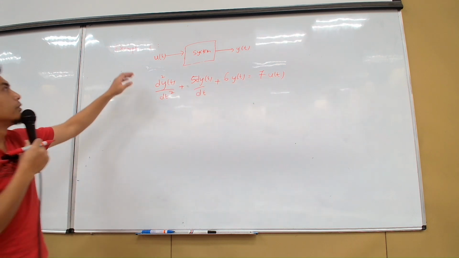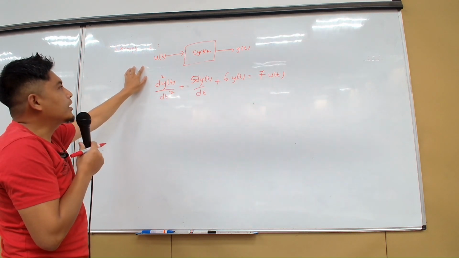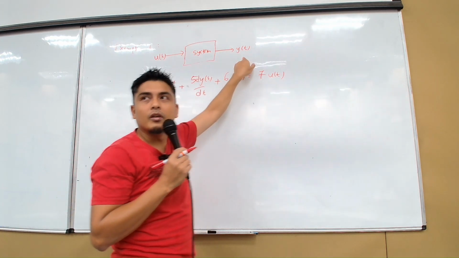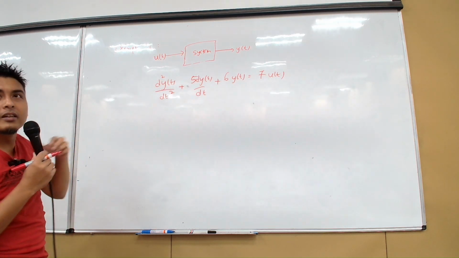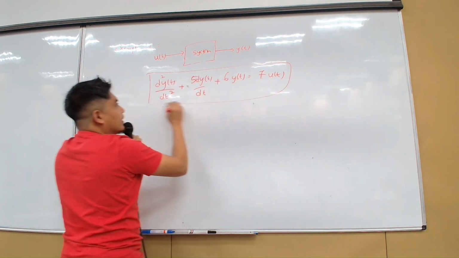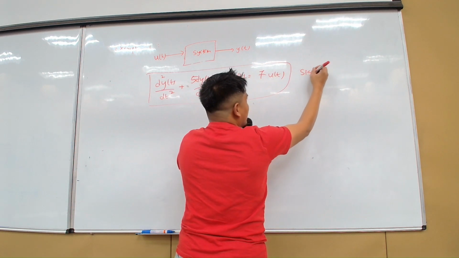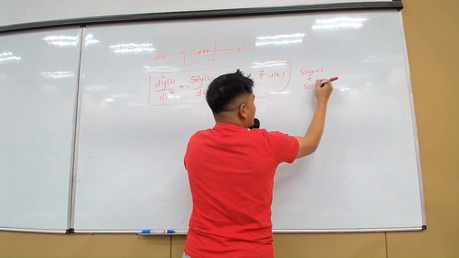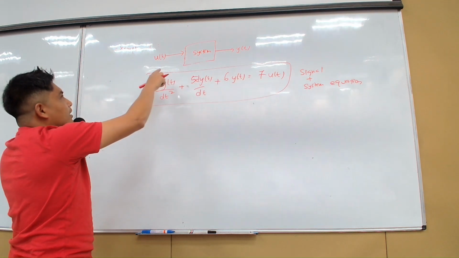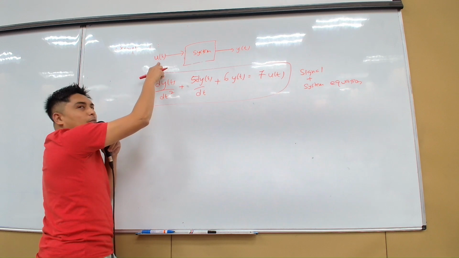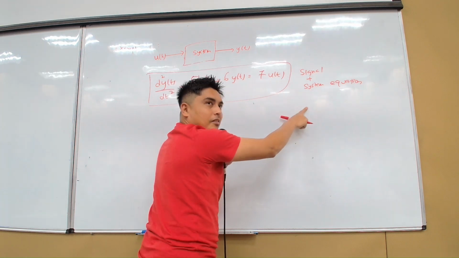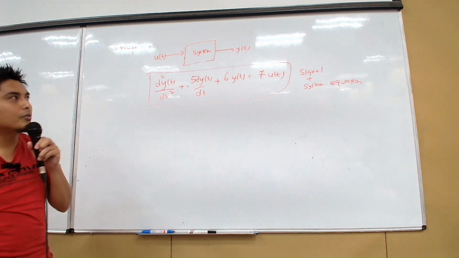Okay. So now I give you this one, ut, go to the system, and this is the output. After you do everything, this is the signal plus the system equation. Because you can see that yt is a combination of the input signal and the system. And this equation you have signal plus system. And so now the question is